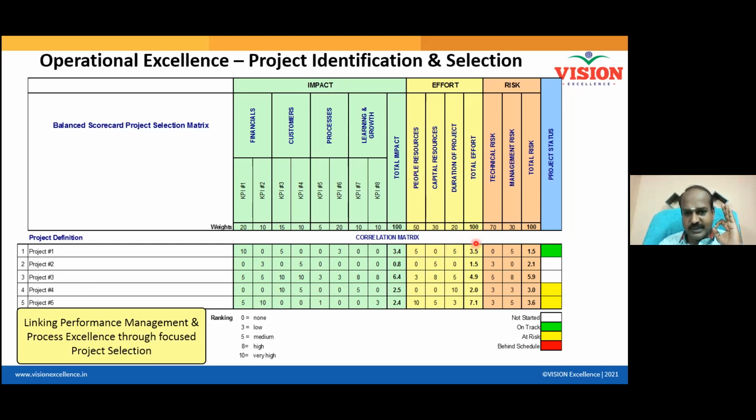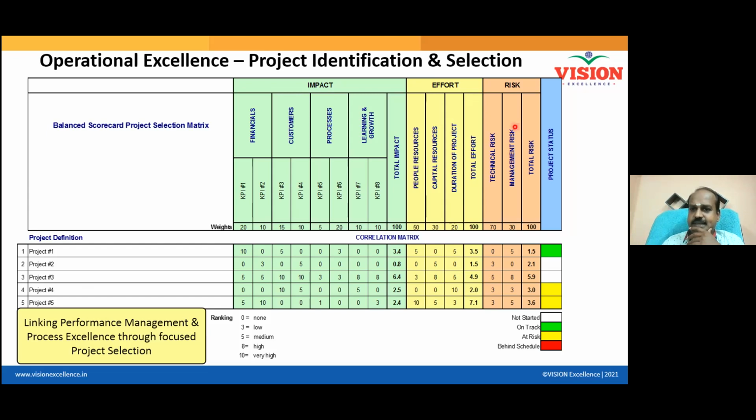So now the impact score is given. Now, if I get 4.9, or 7.1 is highest, what do you understand out of this? When it is 7.2, the effort that would be required would be higher. Very good. Project number 5 requires more effort. And what is the impact it is going to make? Only 2.4. But another project is making an impact of 6.4, and its effort required is 4.9. Relative importance. You cannot say 4.9 means some unit. It is relatively important, which is higher, which is lower. That is what we are trying to understand.